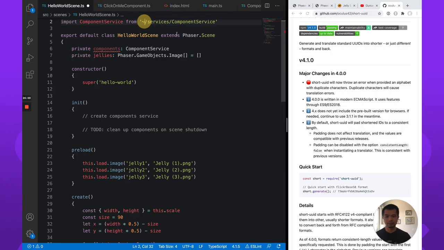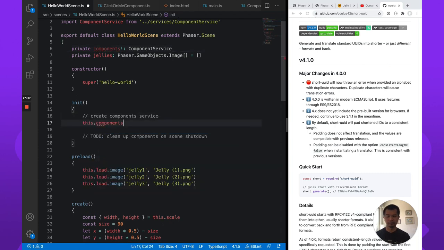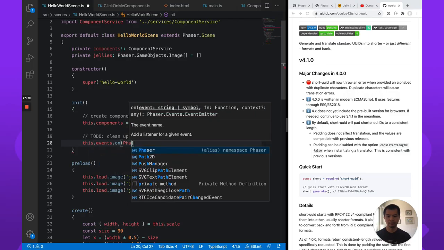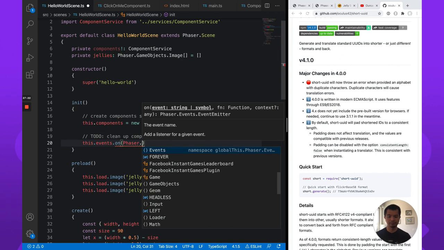And let's just adjust this. Good. Components, and let's just say it'll definitely be set, and we're going to do it here. This dot components, new component service. And then, to call destroy on our components, we're going to do it when the scene shuts down in this case here. So this dot events dot on phaser dot